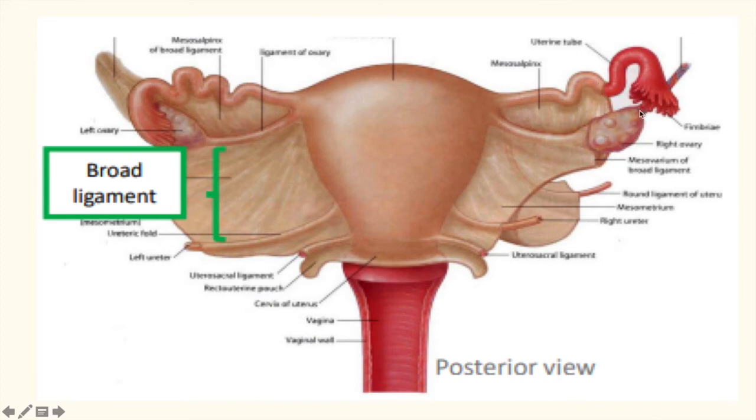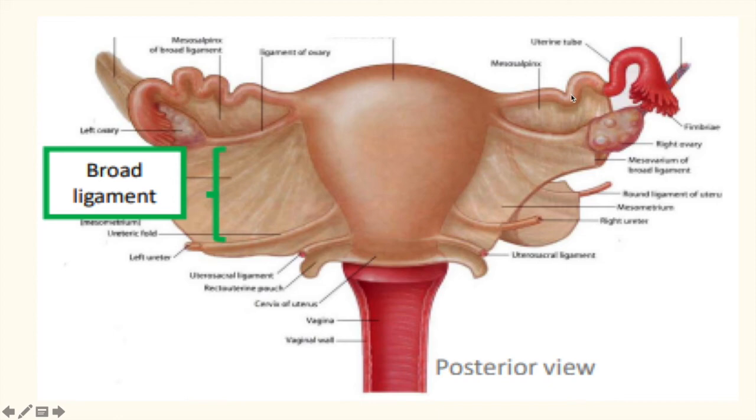The upper pole, or the tubal pole, is related to the suspensory ligament of the ovary, and it is also related to the ovarian fimbriae. The lower pole is related to a ligament known as the ligament of the ovary. This is the anterior border, or the mesovarian border, which is related to a short fold of peritoneum known as the mesovarium. And this is the posterior border, which is convex and free.